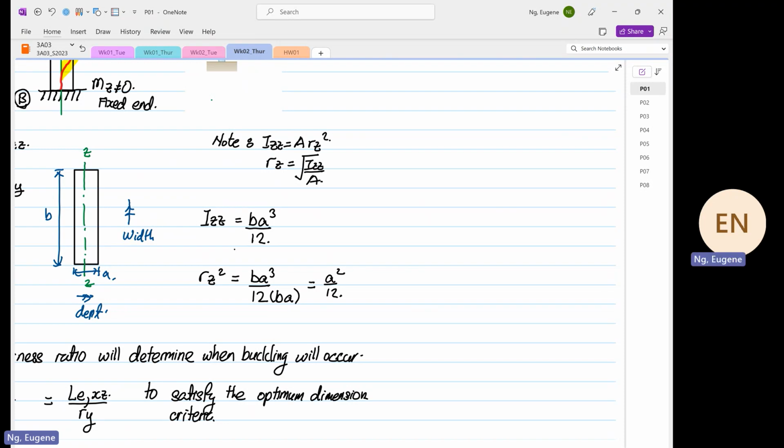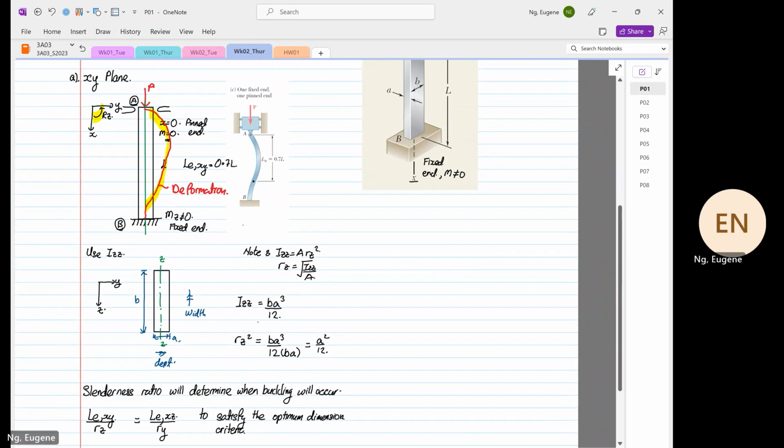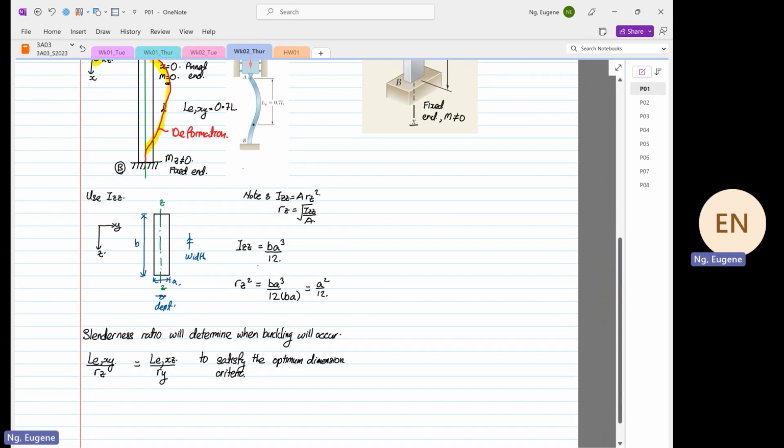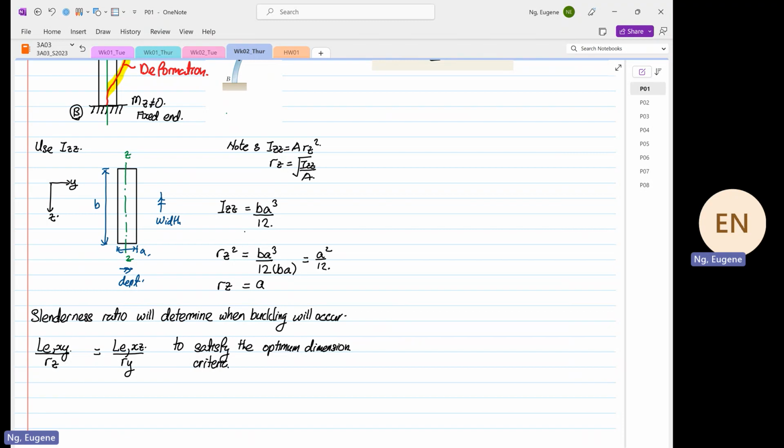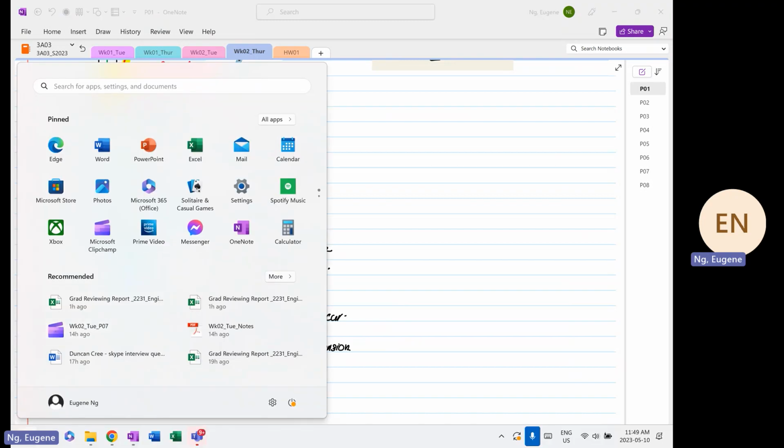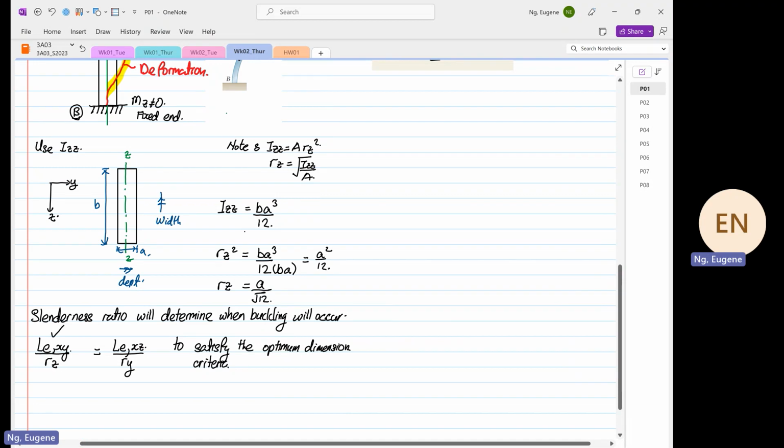Okay, so that is where we analyze our buckling on the XY plane. We come up with RZ squared equal to A squared over 12, and if I were to take the square root, RZ will be equal to A over square root 12. So we have finished analyzing the slenderness ratio for LE XY over RZ. Next, we're going to find along the XZ plane. So now